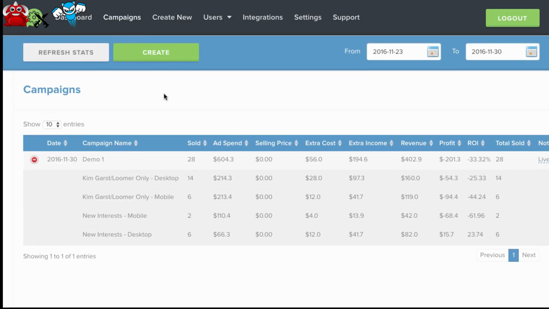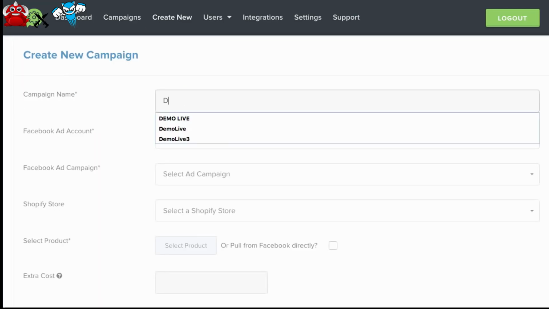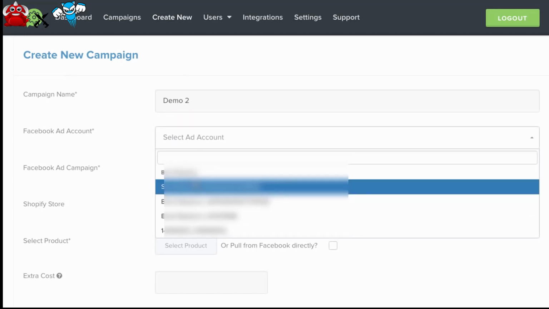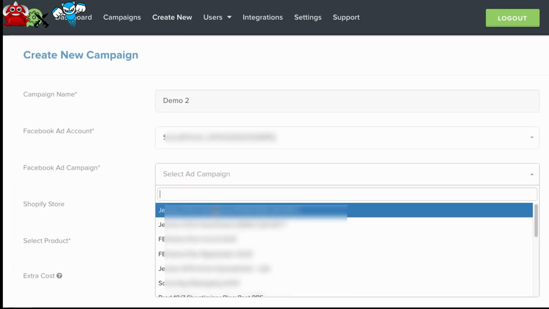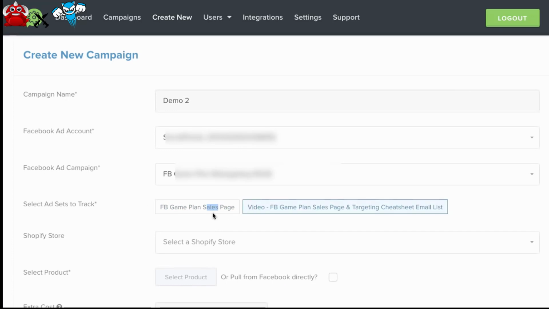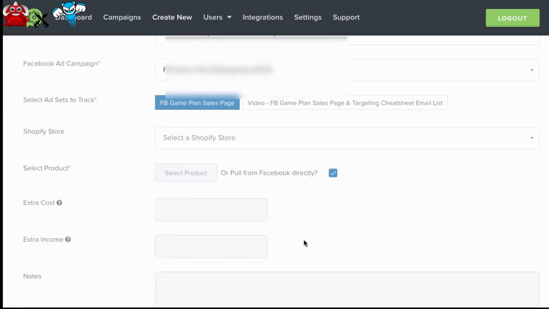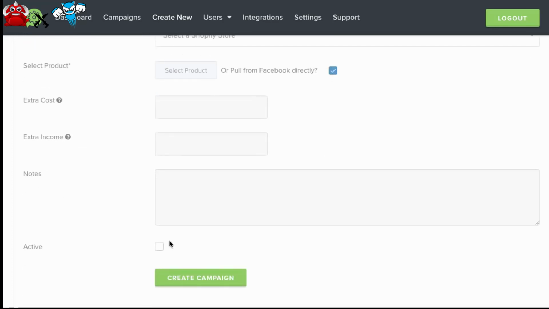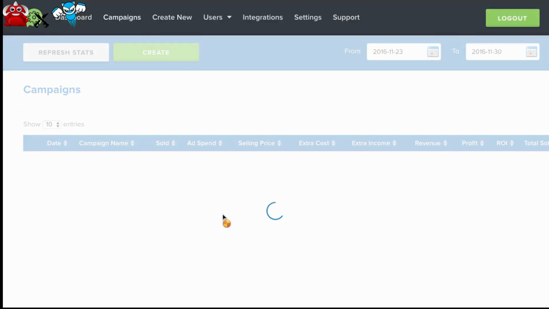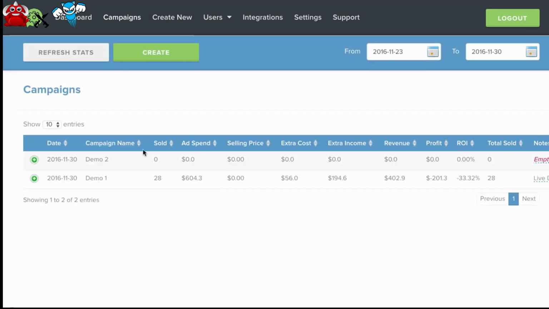Now, if I go ahead and create a new campaign, let's say demo 2, I'm going to select an ad account again. I'm going to select an ad set to track, and I'm going to pull directly from Facebook. There's going to be no extra costs. I'm going to make this active, click on create campaign. Now this is just to show you how quick it actually is once you go through the process of creating a new campaign. So as you can see, for the past week, this ad hasn't been active,